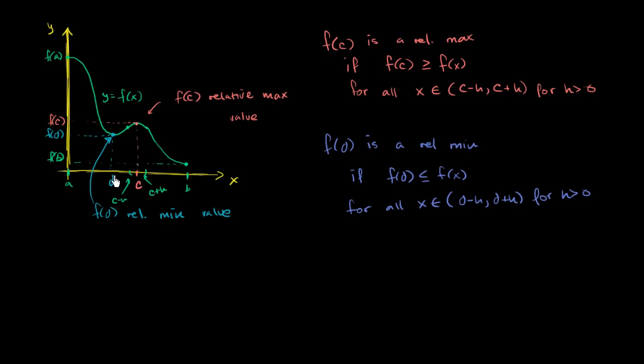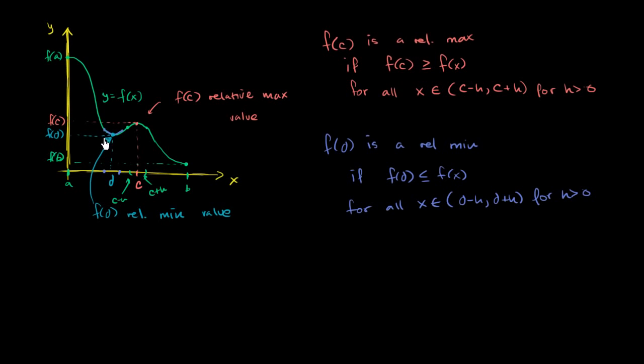So you can find an interval here. So let's say this is d plus h, this is d minus h. Over that interval, f of d is always less than or equal to any of the other values of f for all of these other x's in that interval,